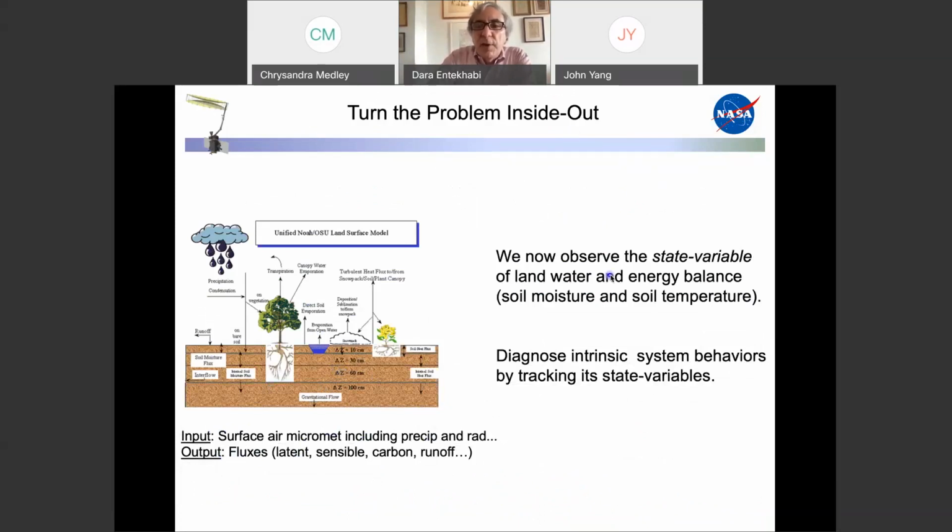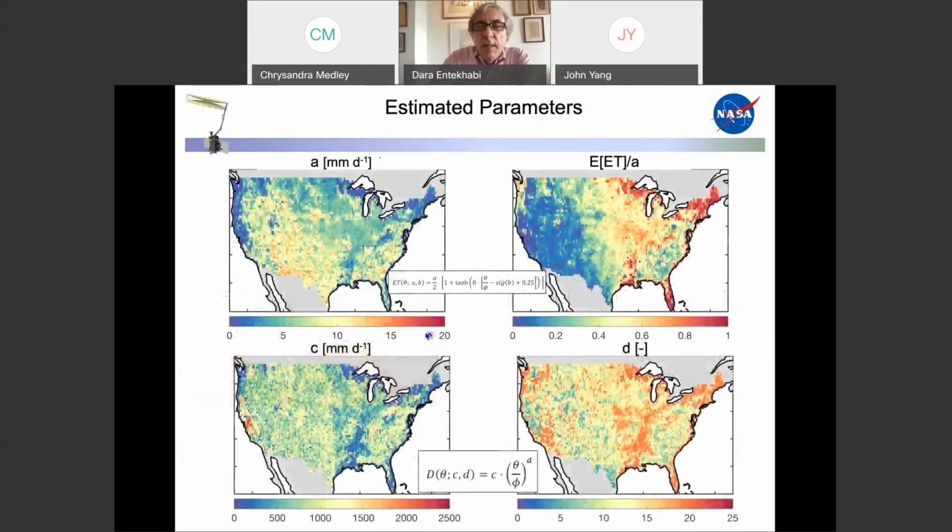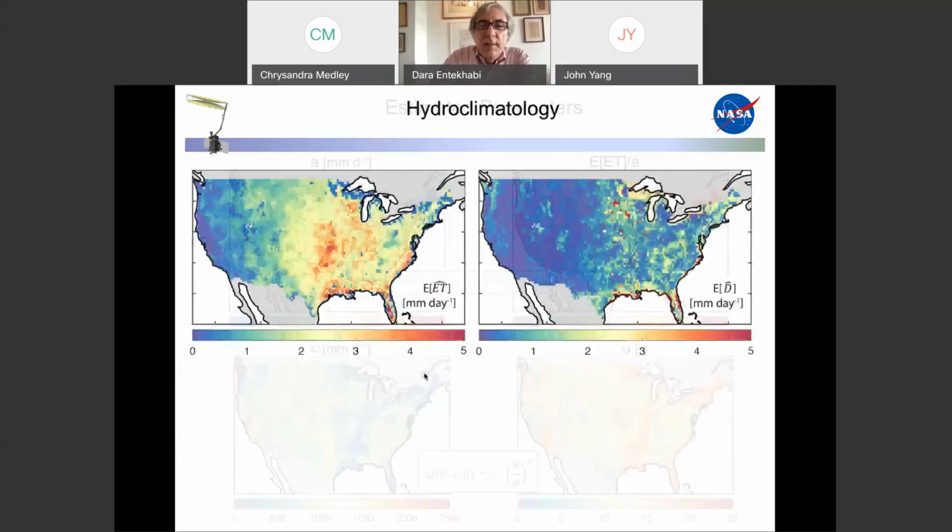We observe the state variable and its dynamics and try to track it the best we can and, in a sense, identify the model. Here are the parameters A, B, C, and D, which doesn't really matter. We're not interested in those. What we're interested in is the evaporation and the drainage climatology that comes out of it. And